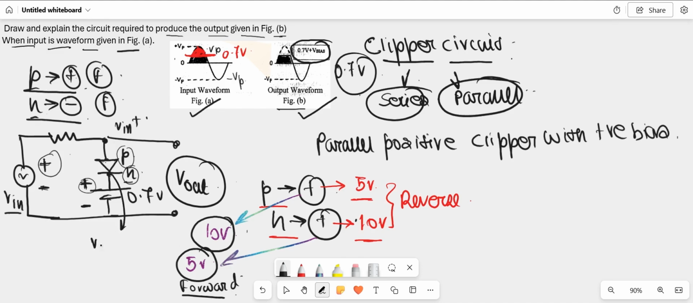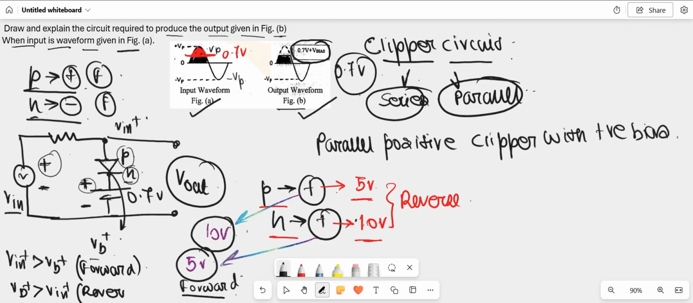Suppose I am assuming this is VB positive, where VB is the bias voltage. If the positive voltage which is applied at the P terminal is more positive than VB positive, then the diode will be forward biased. And if this voltage VB positive, which is applied at the N terminal, is more positive than V in positive, which is the voltage I am applying at the P terminal, if this condition arises, then the diode